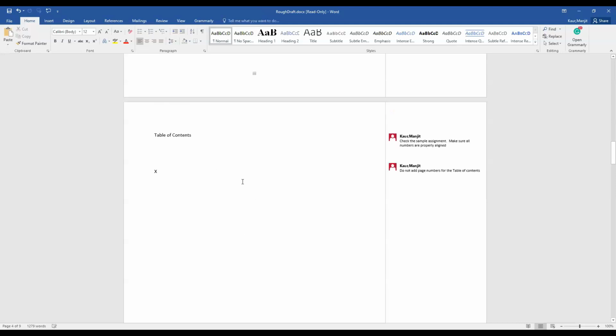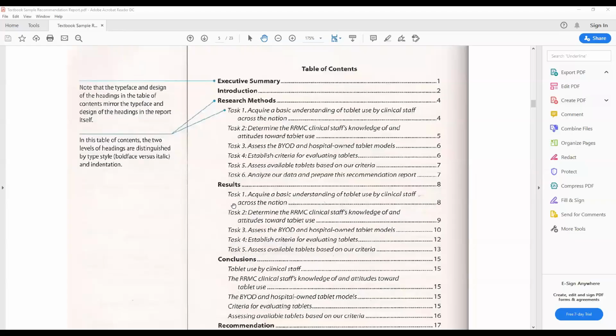Okay, so I'm going to stop sharing for a second, and I'm going to share with you the sample assignment. Okay, do you see the sample assignment now? I can see it. Okay, awesome. So the reason I brought this up is because the rough draft did not have the table of contents, but I know you will be doing it. You know what to do, but